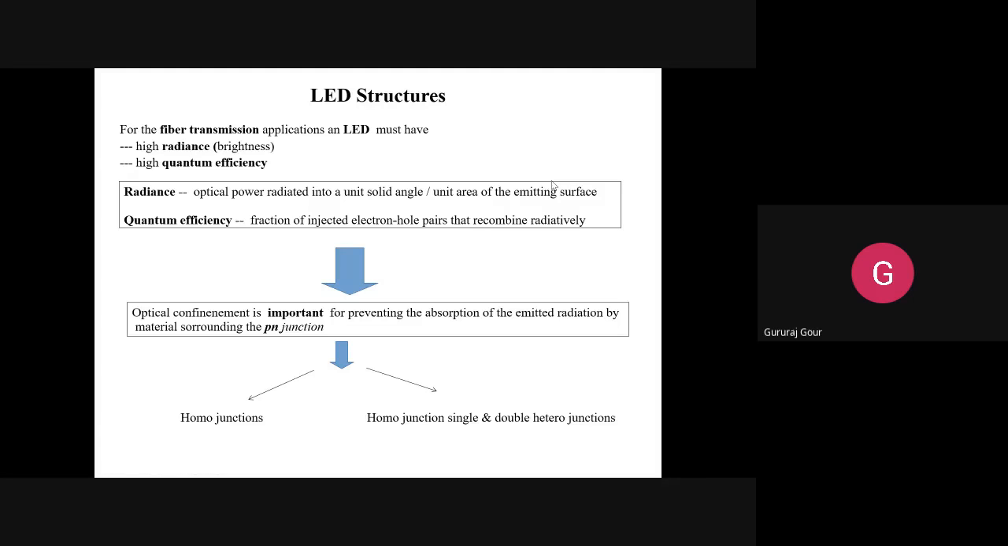Of course, that may not be having the problem. It is coherent. But the problem is with the quantum efficiency, that is the fraction or percentage of injected electron-hole pairs that recombine radiatively. That is limited by the carrier confinement. So the optical confinement is important for preventing the absorption of the emitted radiation by material surrounding the PN junction. Optical confinement, not carrier confinement. Carrier confinement is happening within the LED,